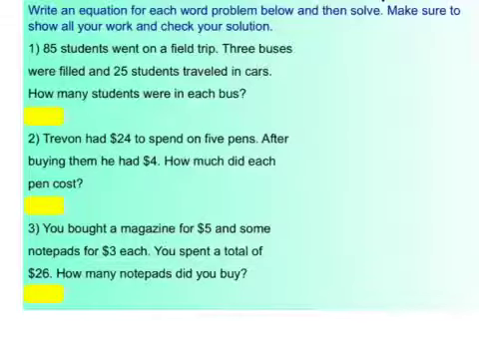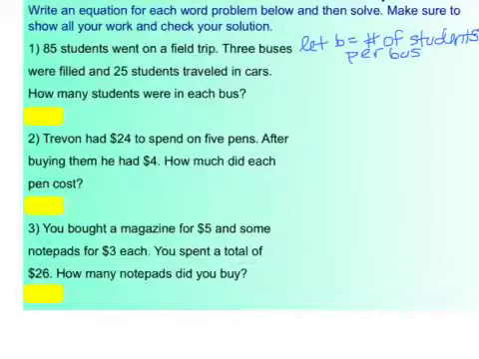85 students went on a field trip, 3 buses were filled, and 25 students traveled in cars. How many students were in each bus? Well, first we need to define our variable. So we can use any variable, but let's let B equal the number of students per bus, because that's what's unknown here. There's 3 buses that are filled and 25 students in cars, but we don't know how many students